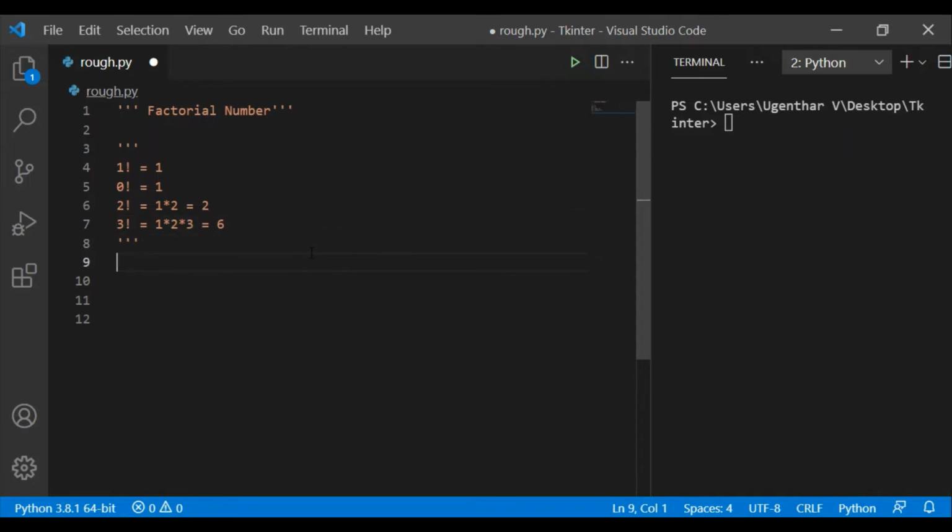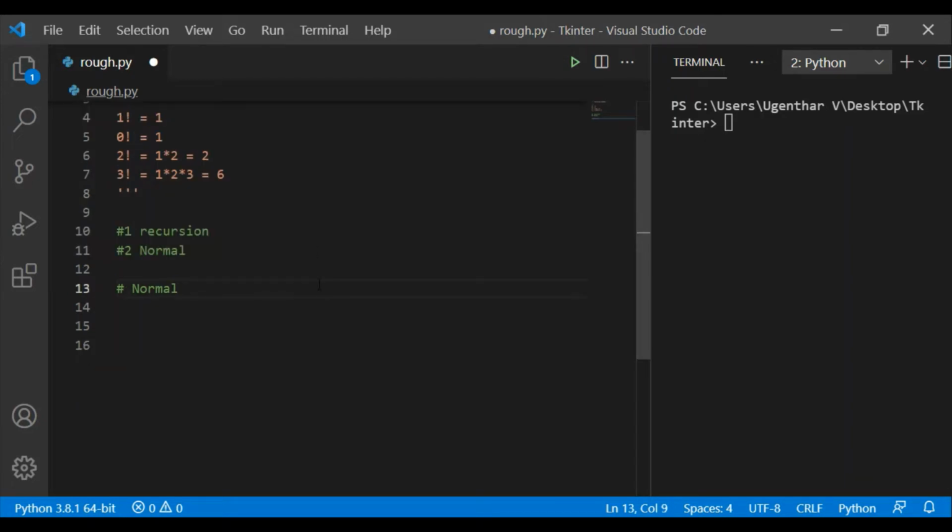Let's do coding using Python. I'm using Python 3.x version. You can use any other version you want. Let me do coding here. I will be using two methods. One is by using recursion. The second one is the normal method. First, let me complete the normal method.